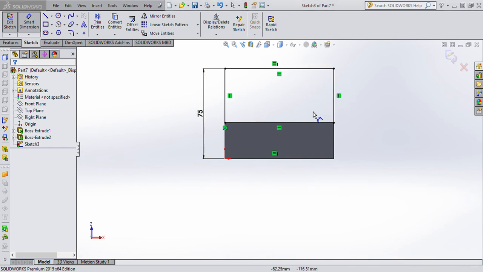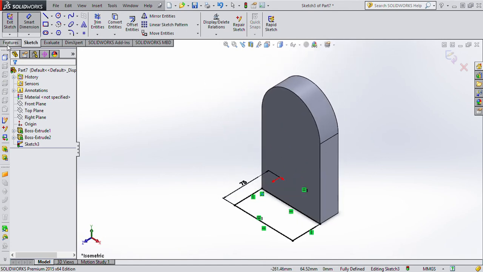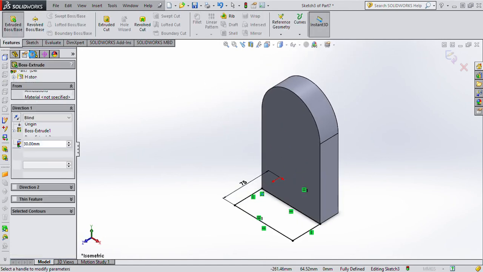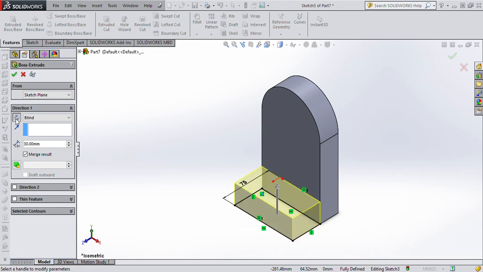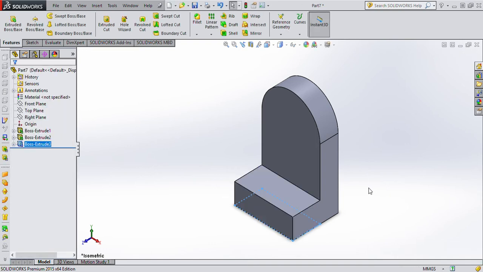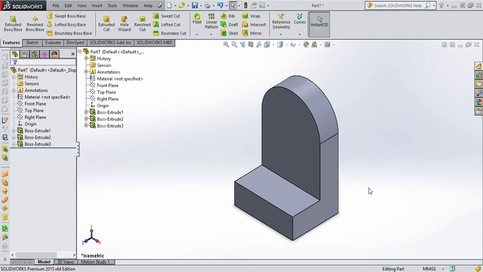ISO, extrude, change direction, and the height here is 32. Confirm. Okay, nice. Now select this edge,